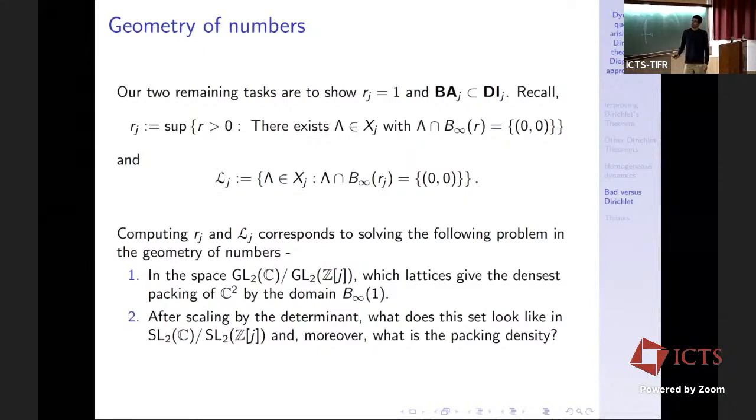It's a fashionable problem. And the second question: the first will answer what Rj is, but you should answer both of these simultaneously. The second question is that all of the things that witness the densest lattice packing will have a certain co-volume. You can rescale your ball so that you can arrange those lattices to have determinant 1, and then you can intersect with this subhomogeneous space and ask, what does this set look like? That exactly corresponds to answering what this set looks like.